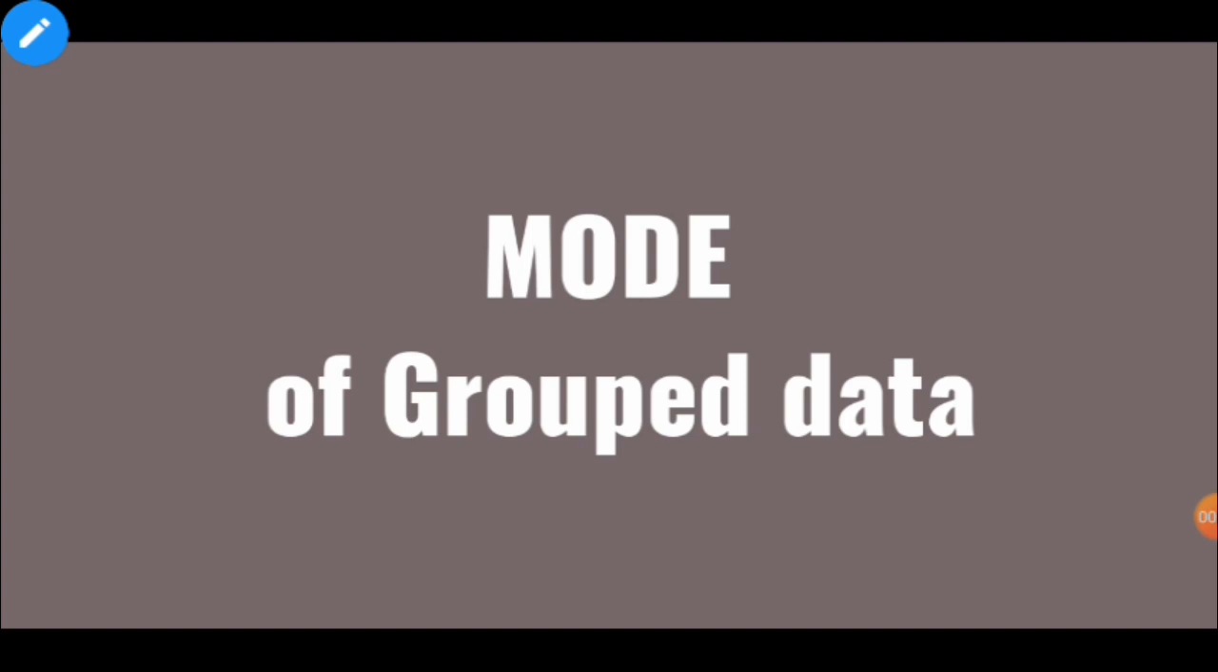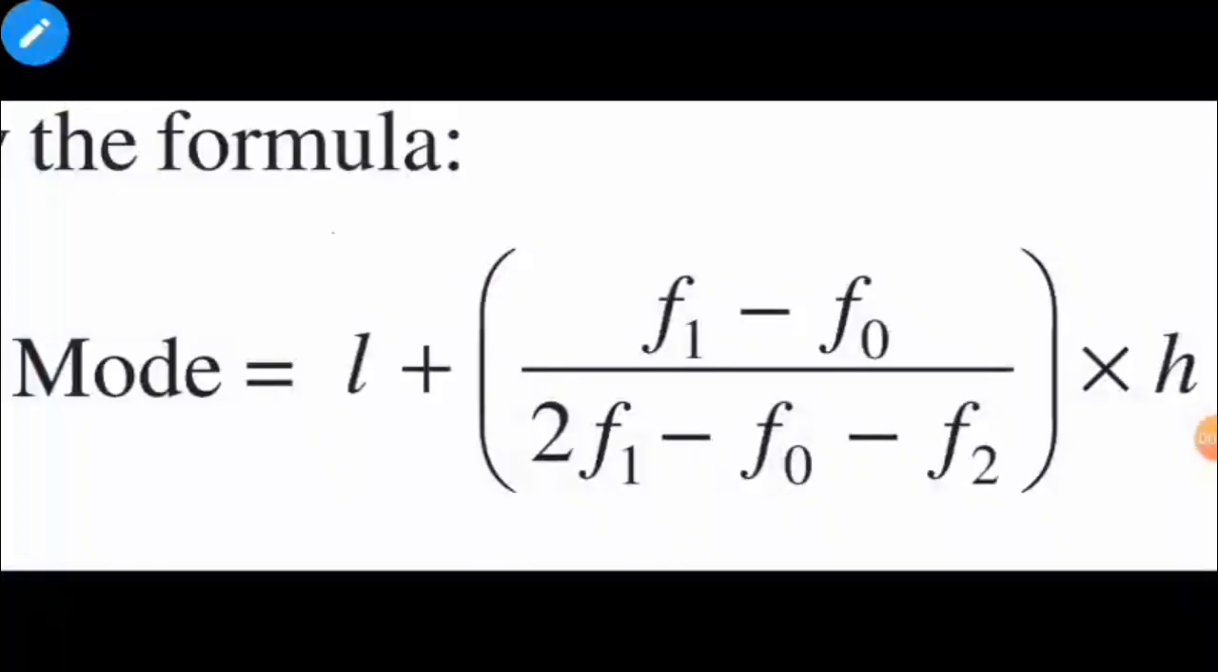Today we are going to find the mode of grouped data. Here is the formula to find the mode of grouped data. Mode equals L plus (F1 minus F0) by (2F1 minus F0 minus F2), into H,